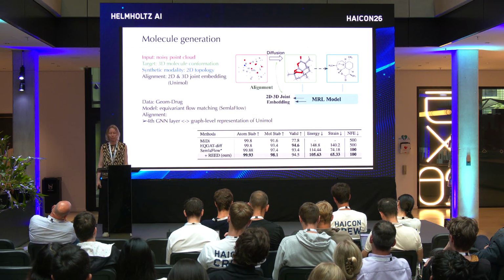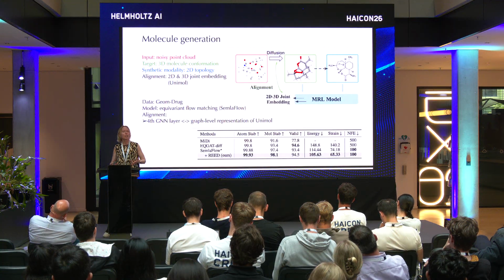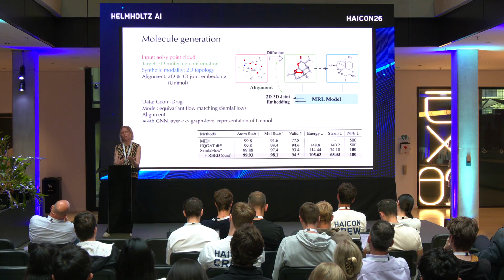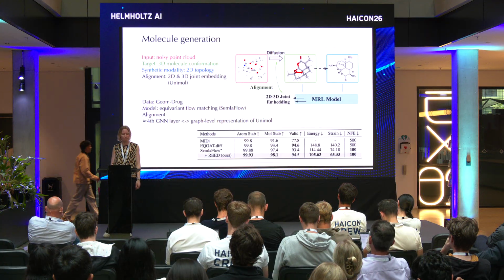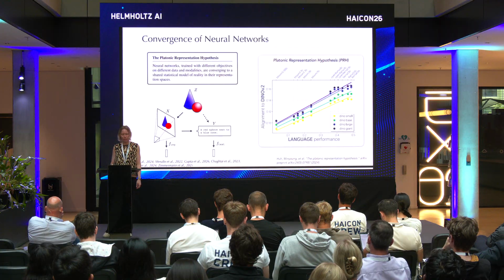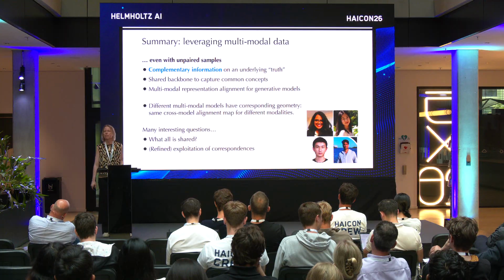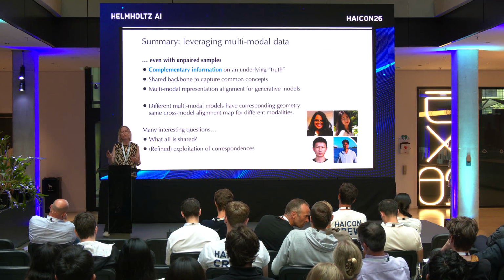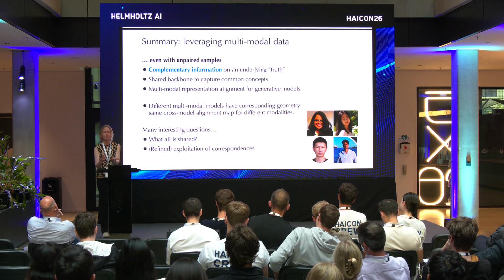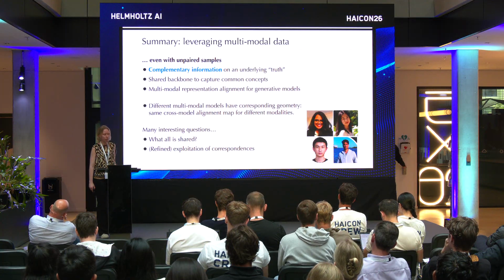So what this shows is basically that you can leverage multimodality for different generation tasks. It works across different types of tasks to accelerate your training by leveraging that the different modalities have complementary information. So you really use exactly the complementarity to give the model guidance at different levels, essentially. With this, let me just jump to my last slide. All right, so we saw that multimodal data gives you complementary information. I showed you two ways to use this, with a shared backbone or with the alignments that you can do for generation. So there's a lot of interesting questions there.